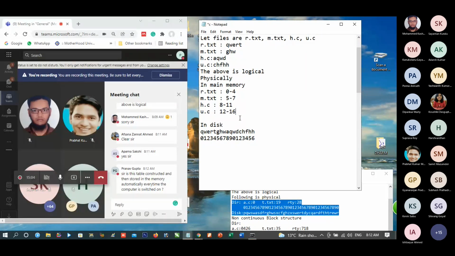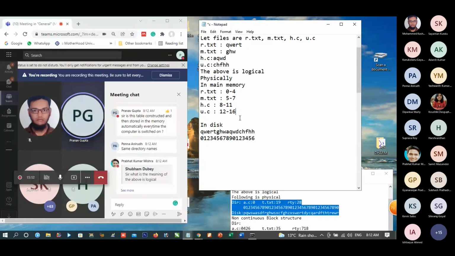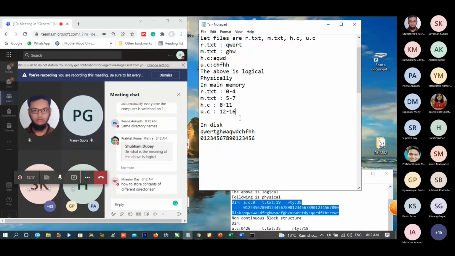Sir, main memory's contents are lost whenever the power goes away, right? You see, technically speaking, the contents of the directory are stored in disk and as well as in the main memory also. Could you understand this? And the file contents are only stored in the disk, and relevant file contents are brought to the memory when the need is there. Could you understand?